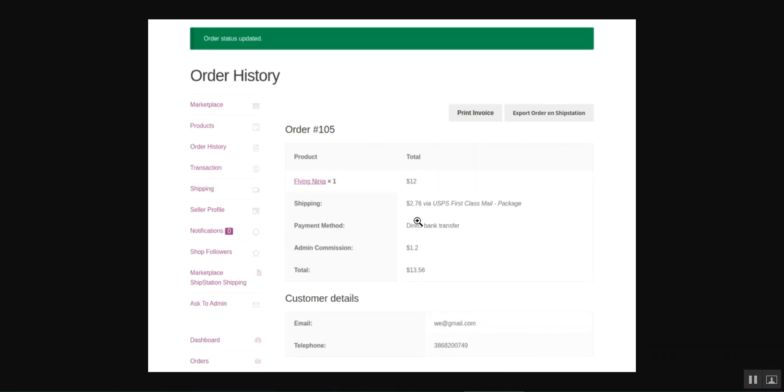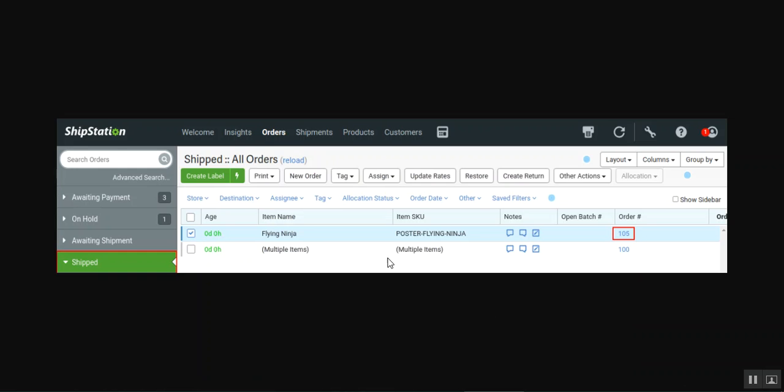Now after printing the package slip for the order and creating a label, the vendor will come back to his account, go to the orders, the same order 105, and will update the order status here from processing to complete, and the order status would then get updated, and the customer would also be able to receive the tracking ID there. And now the vendor or the admin under his account panel, after completing the order there, after generating the shipping slip and the shipping label,